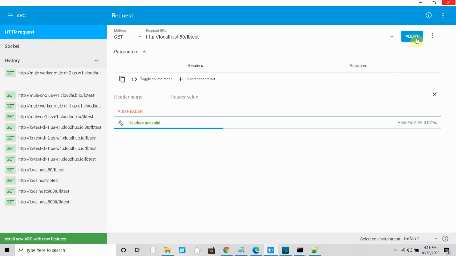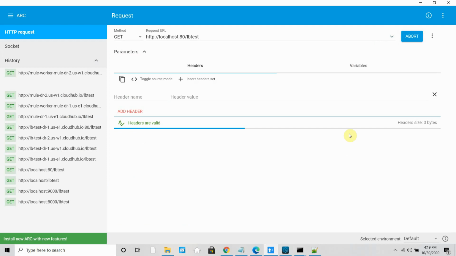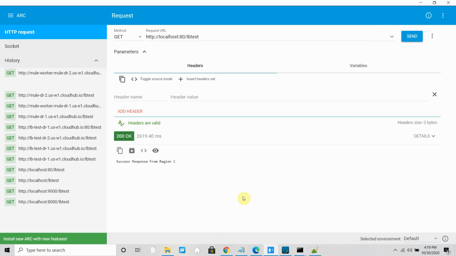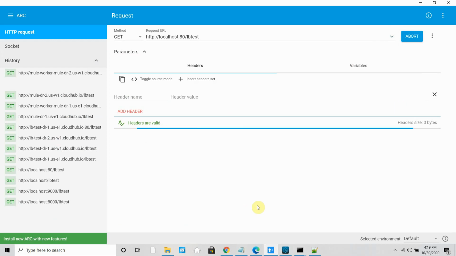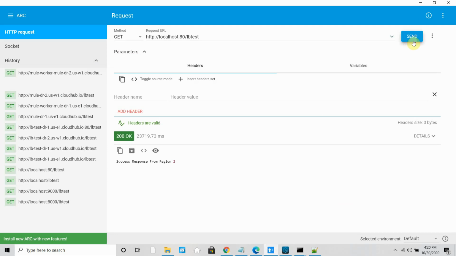Still region 1 is not serving the request. Region 2 only. It takes some time.